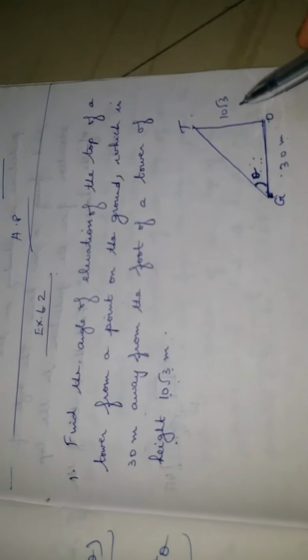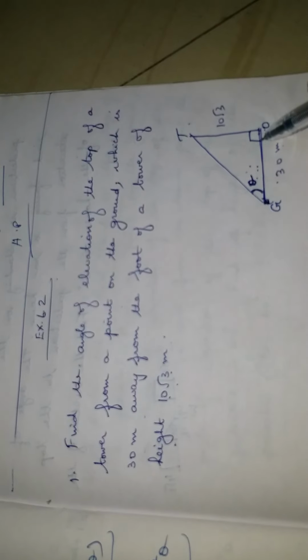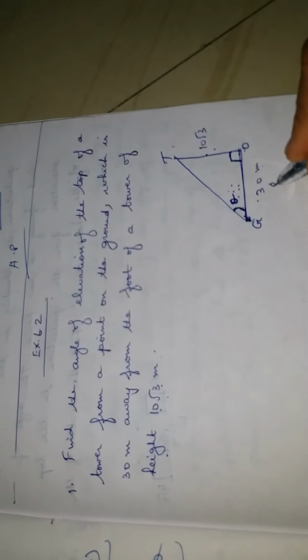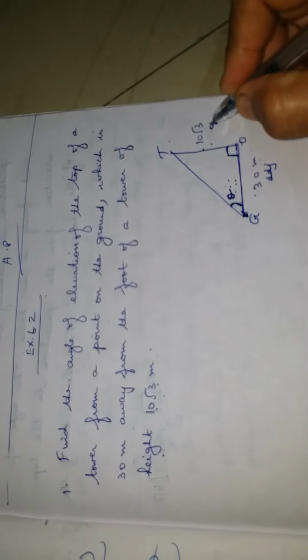You are given here that this is 90 degrees. You remember, trigonometric ratios will be applicable only if one of the angles is 90 degrees. So one angle must surely be 90 degrees, only then can trigonometric ratios be used, that is, only in a right angle triangle. Here this is your theta, so this is the opposite side, and this, near theta, is your adjacent side.